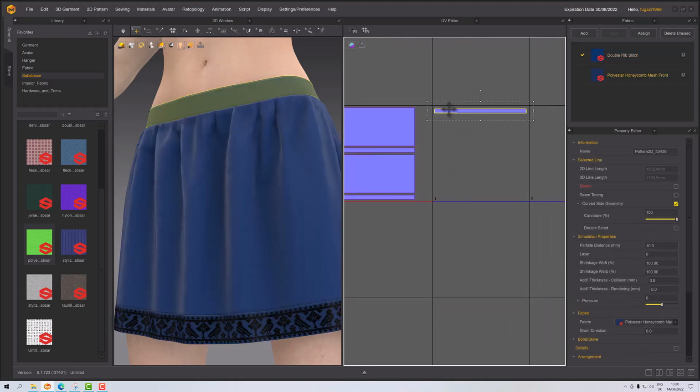So the waistband's not going to get anything else out of it because it fits the entire width. I could split it into two or more pieces maybe, but I'm not going to, mostly because it will just take up more time in the video, and you've seen enough of me splitting things. And even if I did split it, I still would have it in its own UV space. If you want to move between UV tiles, you can just use the left and right and even up and